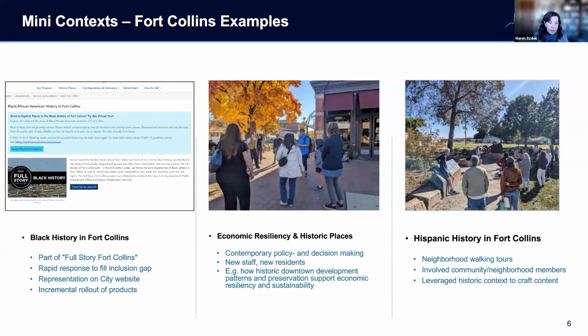The information that we gathered for that Black History Tour has become part of the route for our annual Martin Luther King Day Community March, which, because we were lacking that information prior to doing this research, there was really kind of no connection there between that federal holiday and our local history. So it allowed us to make that connection, which was really great and meaningful for us to be able to share with the community.